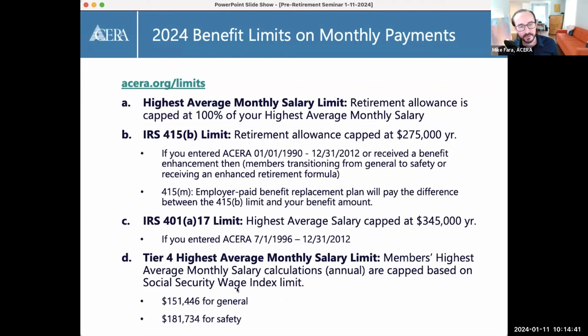The last one I want to cover is for tier 4 people. If you're a tier 4 member, the amount of your salary that we are allowed to use to calculate your retirement is capped. And the cap is in annual dollars. What you're seeing here is what the cap is for 2024. So if you're a general member and your annual salary is more than 151,446, then when you hit that point in the year where you make that much money,